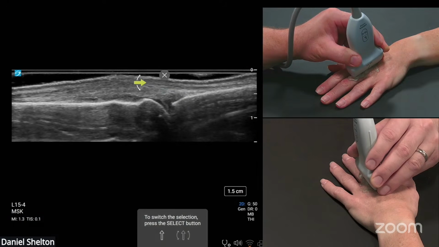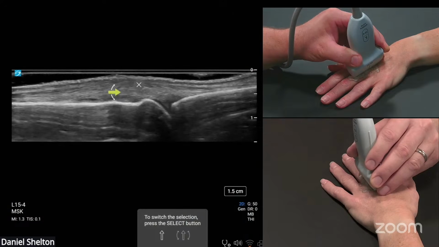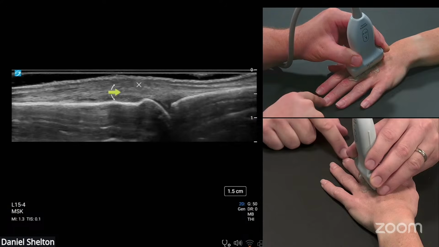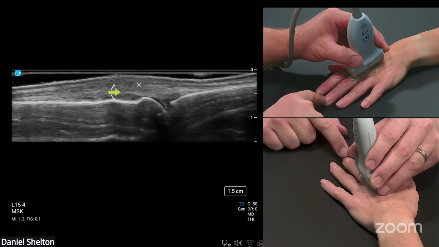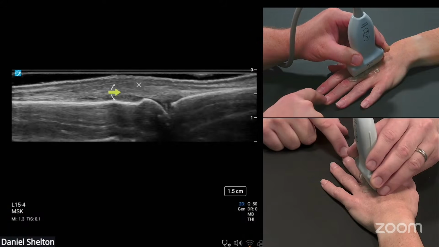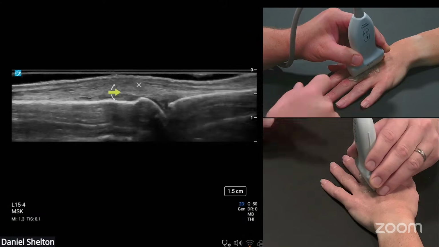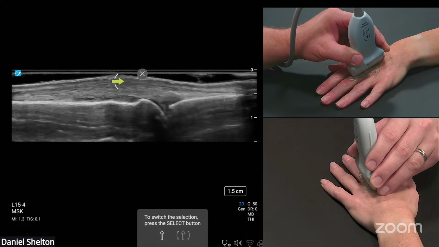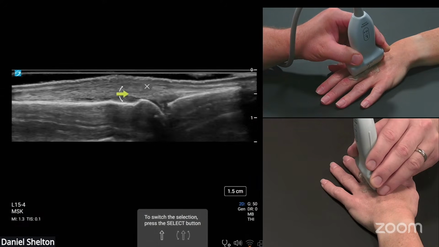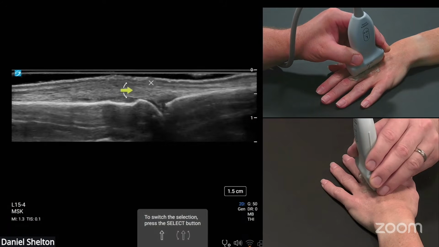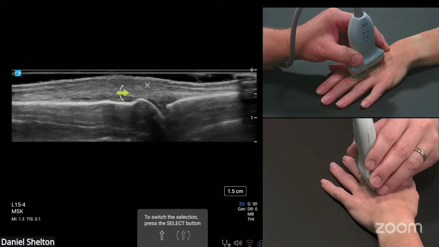Extensor tendon is not all of this thick structure here. So I'm going to have our model just twitch her finger. There we go. Or you can manually do it or passively do it. And you can see the stuff that's moving there. So that's not all extensor tendon. If we were to look really, really close, I could see that I have long axis fibers here and short axis fibers here. But what might just look like a homogeneous structure, like any other fat pad, can be confirmed